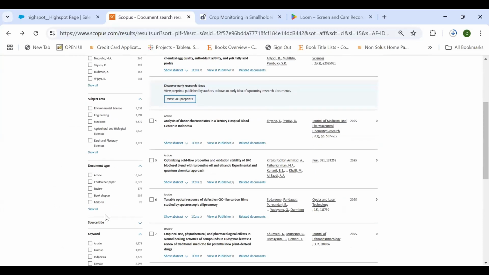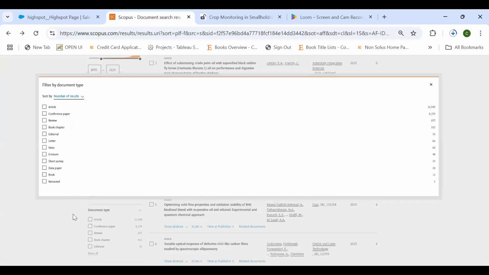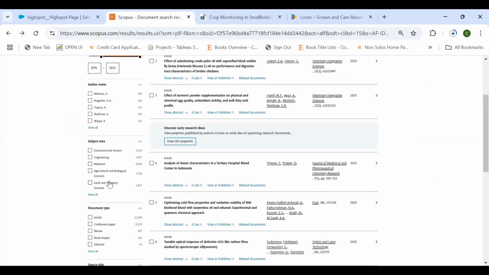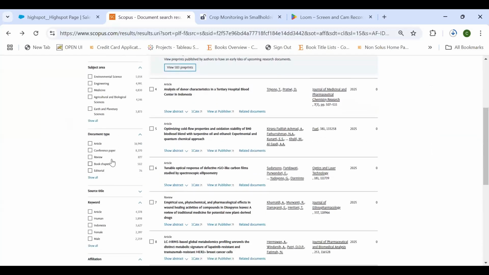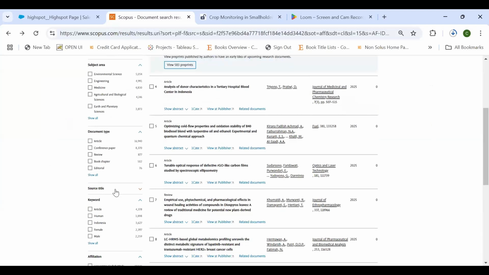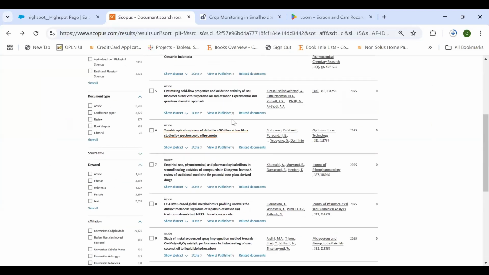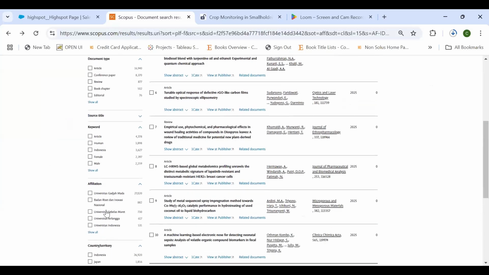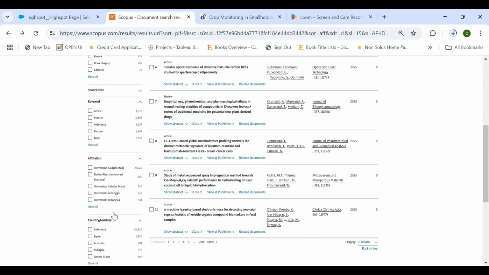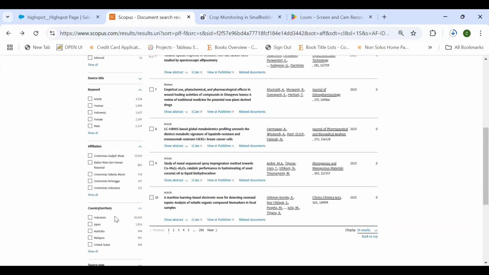We have articles, conference papers or proceedings. We have books, serials. We have also the document type, the keywords or affiliation, okay, and the country.